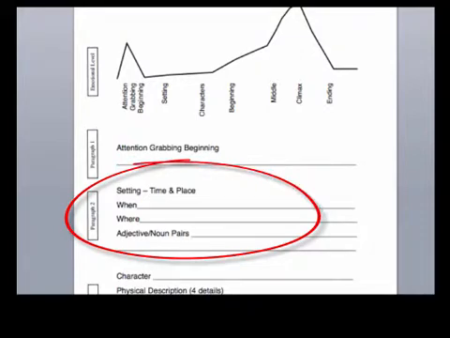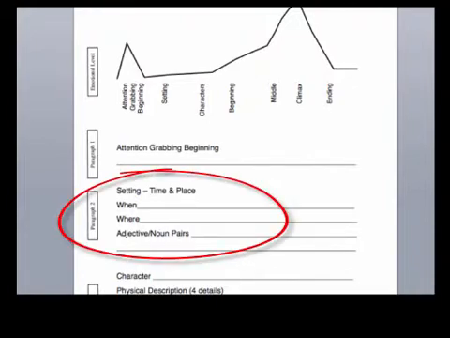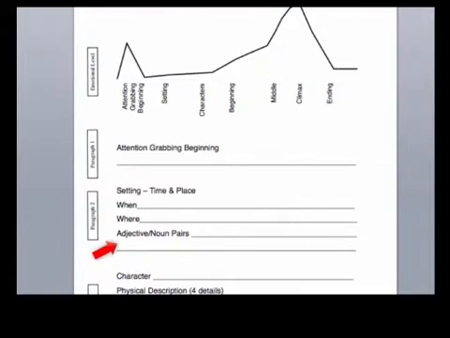The next section to complete is the setting. Remember, the setting is a picture before the story begins, not at the climax or the most emotional part. If you need to, get a blank piece of paper and draw a picture of the setting. Then use the setting worksheet to gather all the details. Be sure to include 4 adjective-noun pairs,